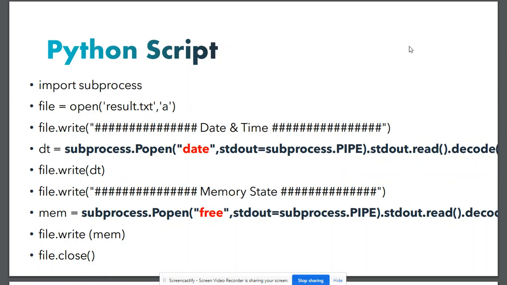So coming on to the actual Python script. The first line would be to import the subprocess module. The second line would be to open the result.txt file for appending and assign this to a file handler, and the name of the file handler or object is file. Then we are adding a line in our file, date and time. Then we are executing our Linux shell command, the name of the command is date, and the result would be date and time. This result will be assigned to the dt variable,